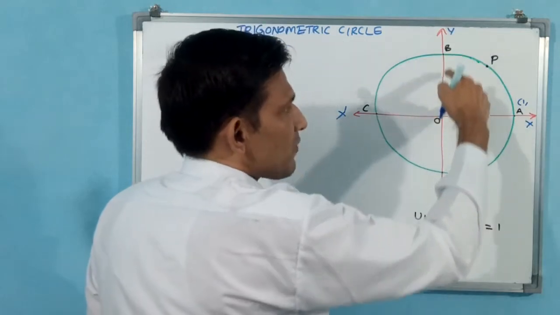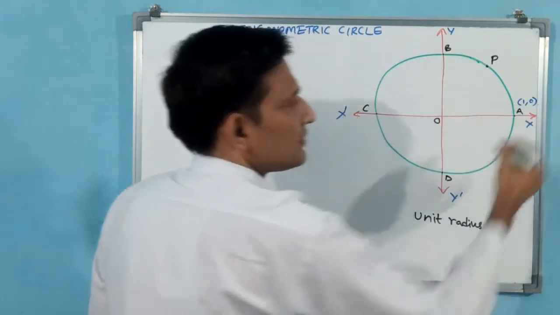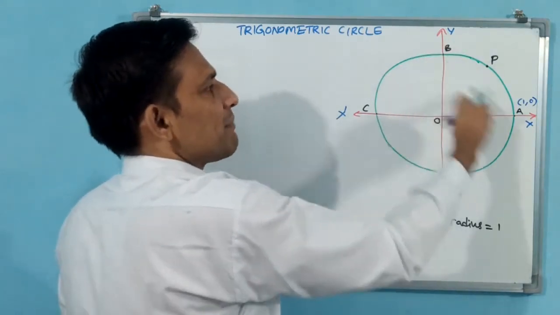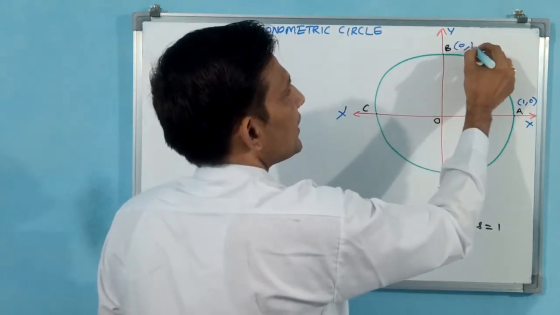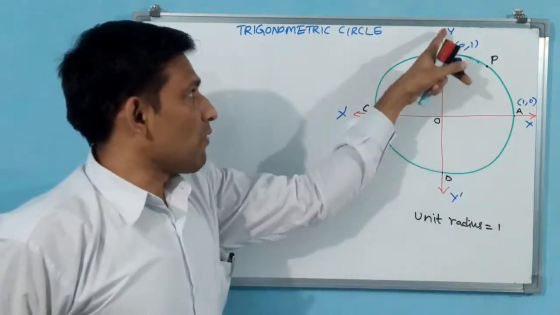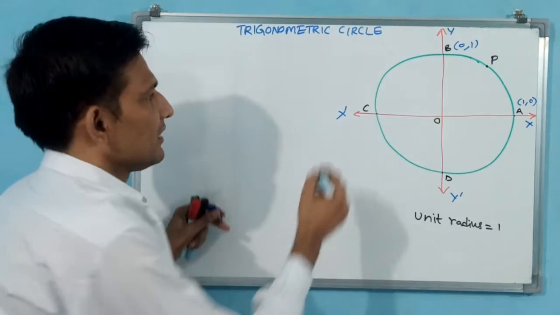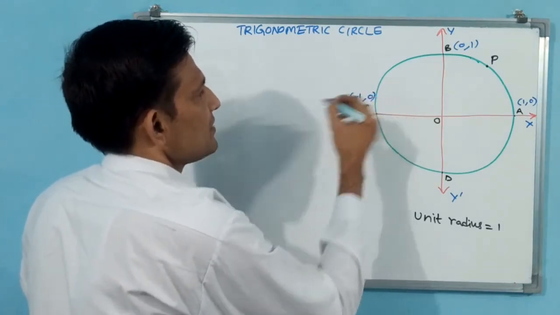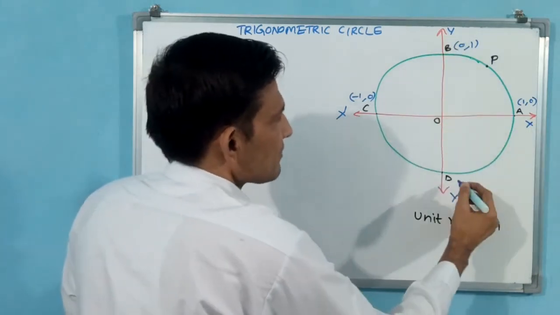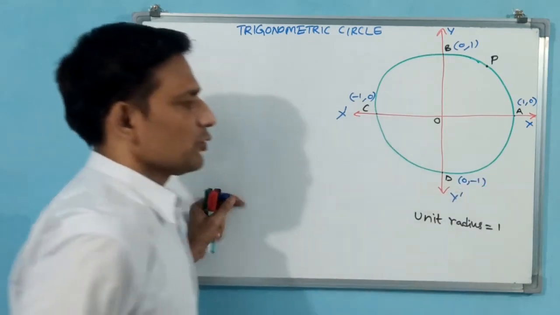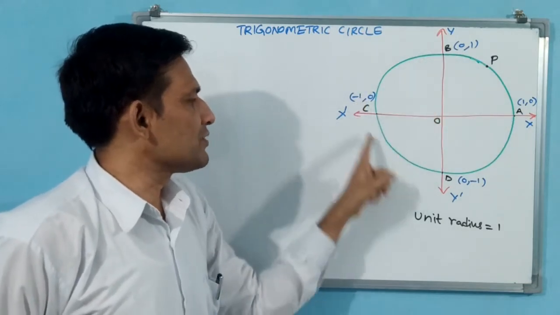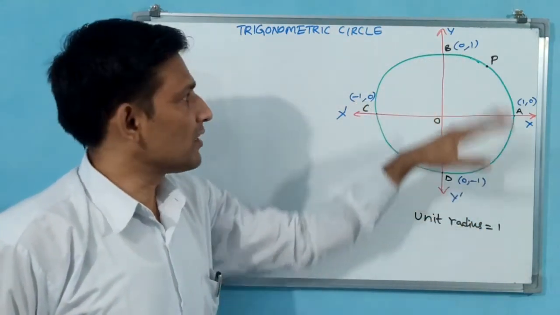X-axis 1, but what about y-axis? Y-axis 0. Then you keep 1, 0. Okay, A is 1, 0. But what about B? B, y is 1, but x is 0. X is 0, y is 1. Okay? Now see, C: y is 0, but x is minus 1. X is minus 1, but y is 0. What about D? D is x is 0, but y is minus 1. Yes, x is 0, but y is minus 1. You understand now? These coordinates, how these have come. Cartesian coordinates: 1, 0; 0, 1; minus 1, 0; 0, minus 1. Okay, these are Cartesian coordinates.